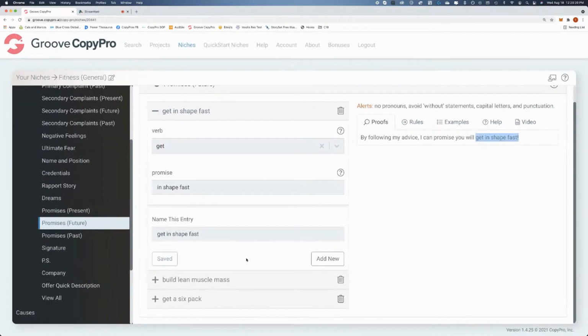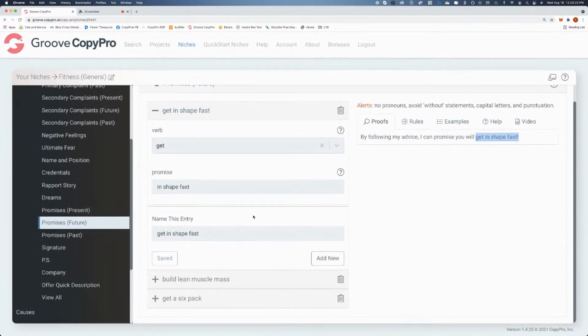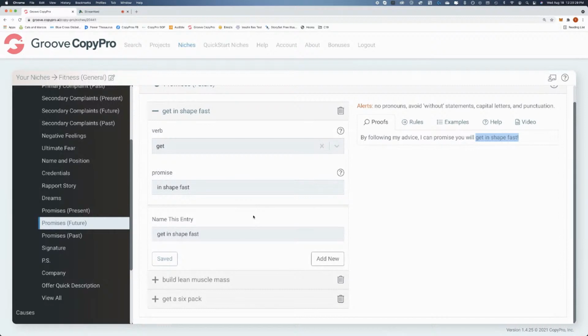That's an important thing to do right there, John, is to let people know you don't write copy in here. CopyPro writes the copy for you. You just answer the questions, right? That's one of the mistakes I made before, putting in maybe 10 words or a paragraph sometimes and trying to write copy. But what we're trying to do here is get in shape fast, and then it'll write all the copy around that.